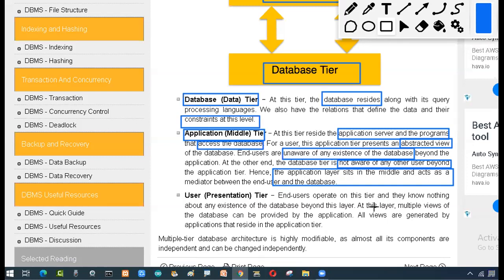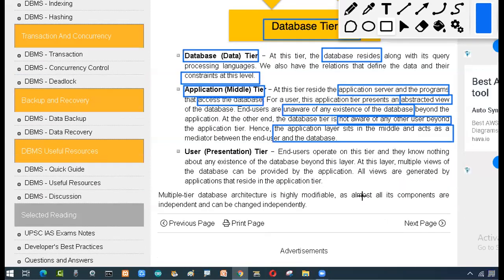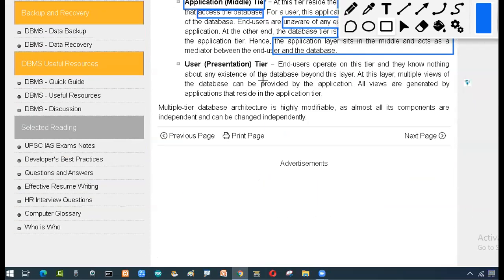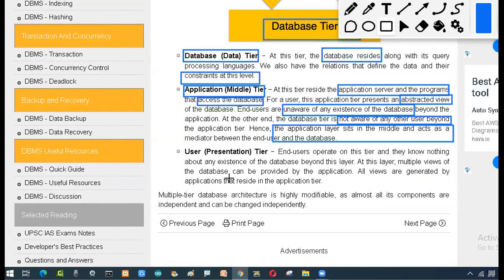Then coming to the user presentation, we can call it the presentation layer, or the user. When I talk about the user, I mean the end user, the person who is going to use the software. He sits at that particular computer or application and puts in queries or data. He'll be asked for a username and password, or your profile, or you try to add numbers or delete numbers. Whatever operation you want to do, the application will do it.